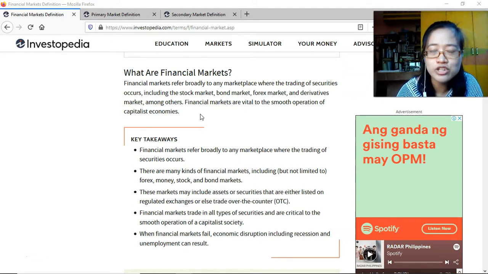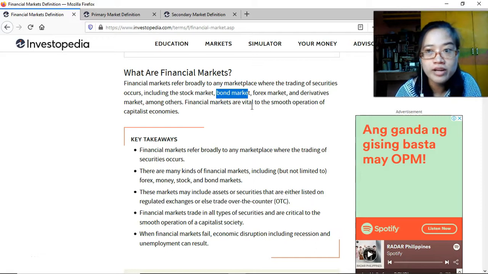Okay, essentially in financial market, what you are buying or selling are financial instruments, and there are various types of financial instruments, and some of them have their own type of market. Like for the stock market, essentially just equities, shares of stocks, and then in the bond market, all they are buying or selling there are bonds, either issued by private companies or by the government. And then in Forex market, of course, foreign currencies are being exchanged, and then derivatives, options, swaps, futures contracts, things